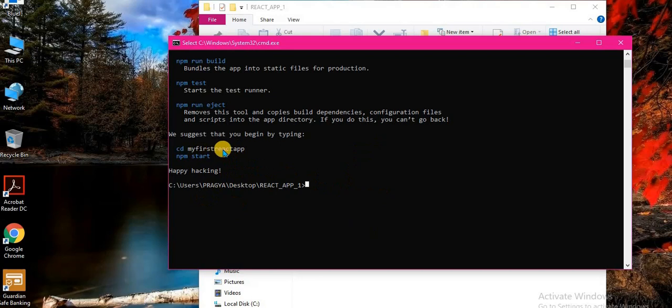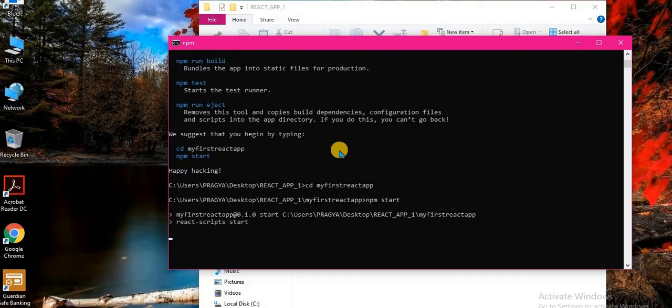Now we will go to my first React app. Just go to this folder and press enter, then just type npm start. This will basically create a development server and redirect you to your browser. It will also take a few minutes maybe.